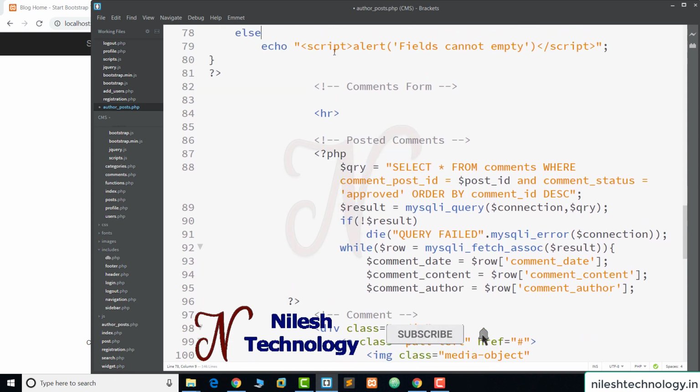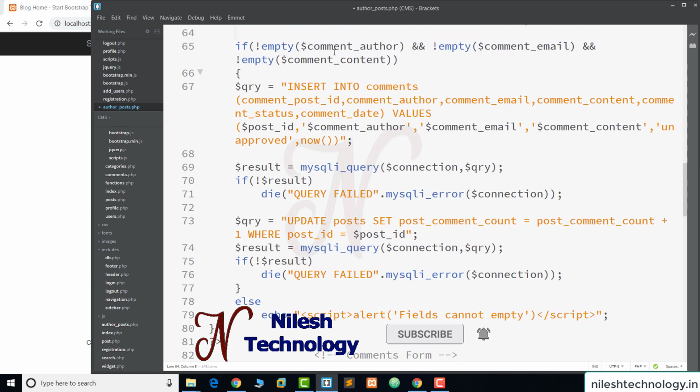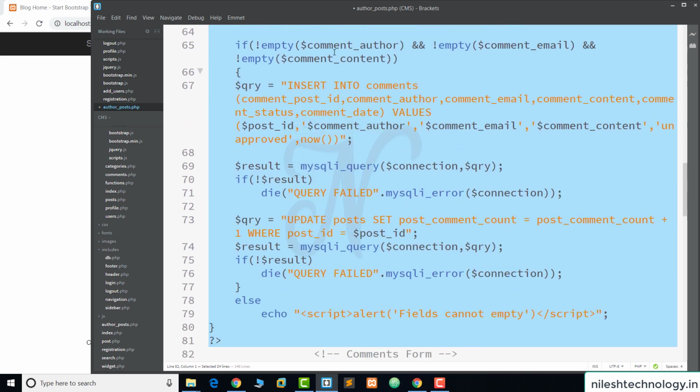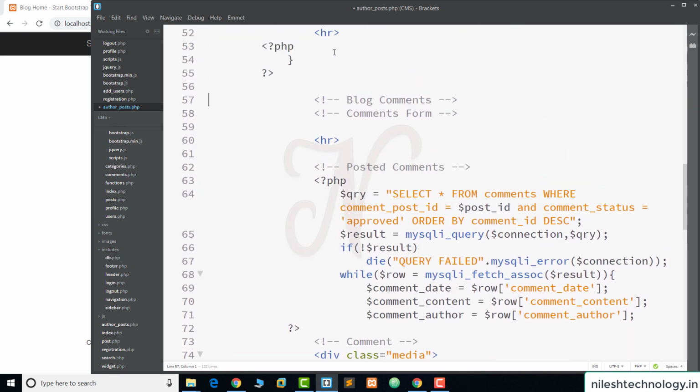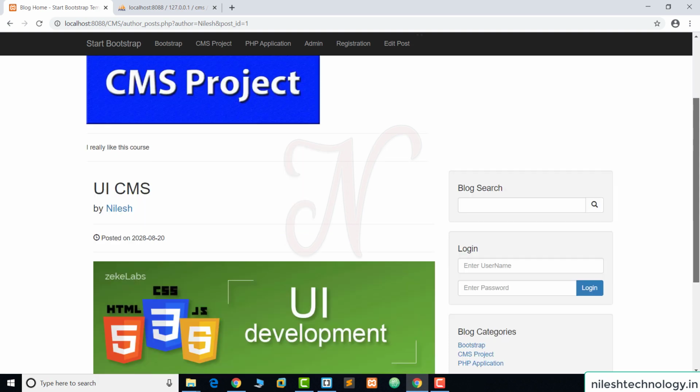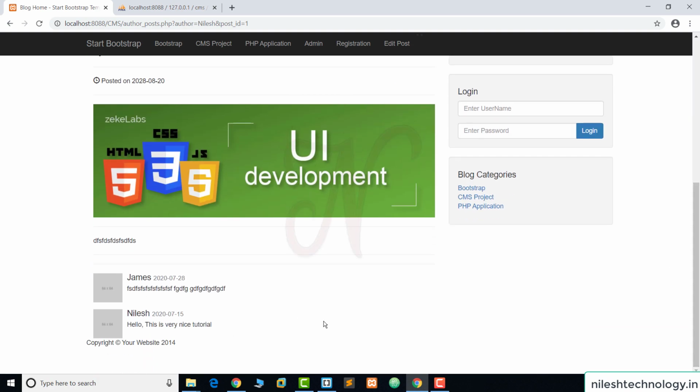Now this is the insert comment section script, so we remove this script here, this one. Save these changes. See here, again refresh. See this section, again we remove this one.